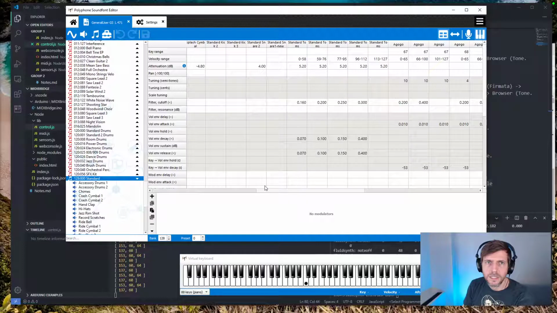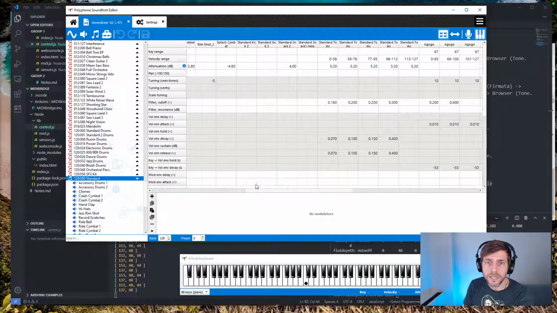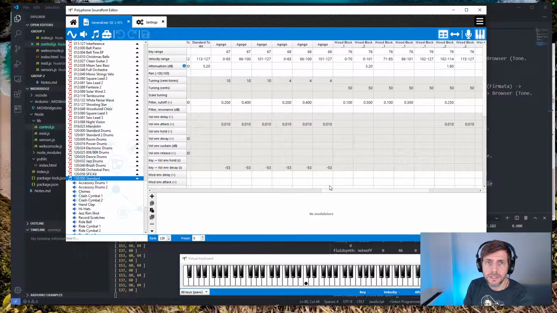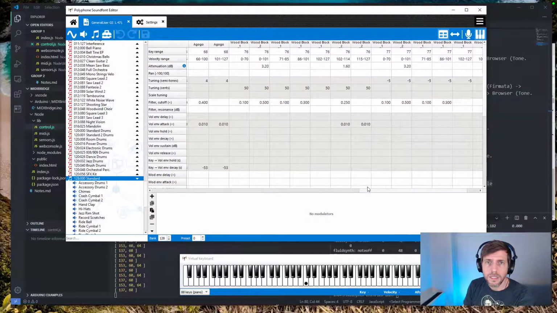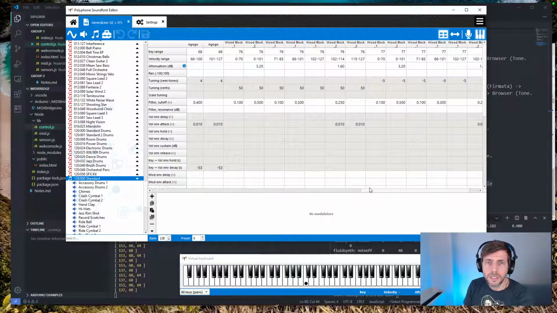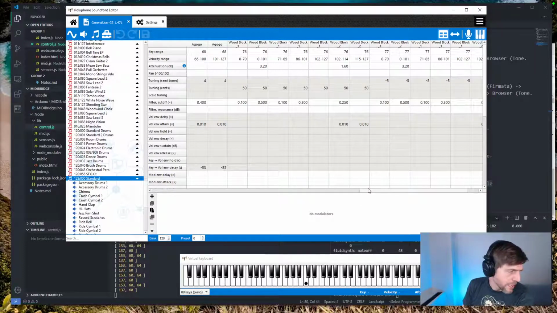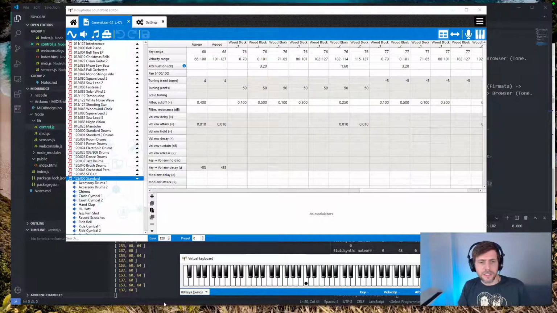It's like just something from the standard kit. So those are different velocity ranges for a wood block. If I said 76, okay, so if I said 76,